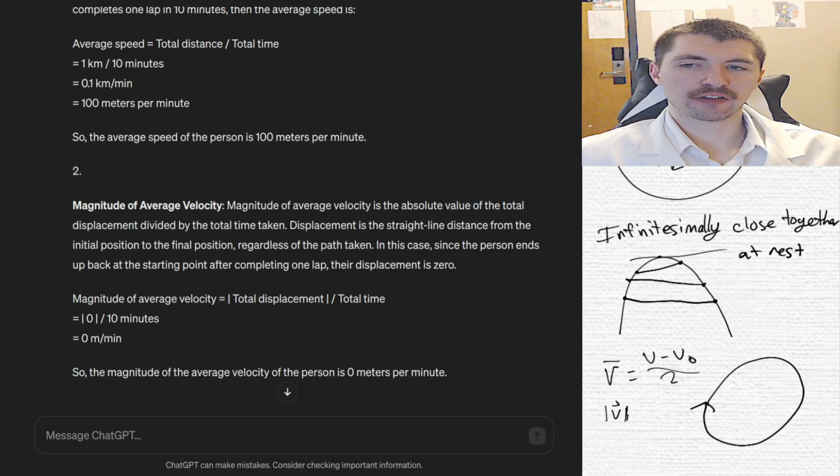So magnitude of average velocity, it's like taking the integral of the average velocity from 0 to t. This is very ugly math, but